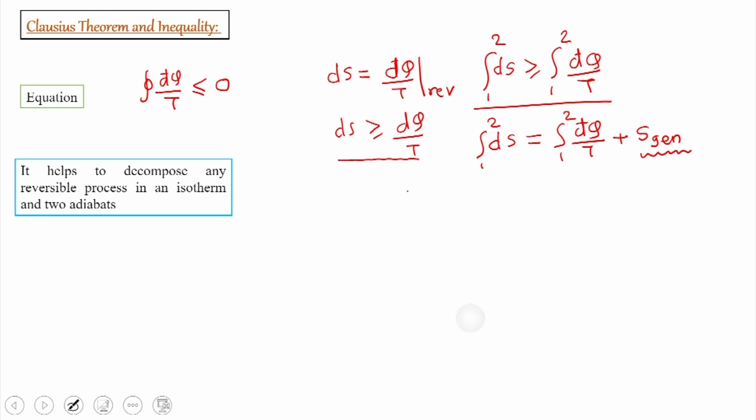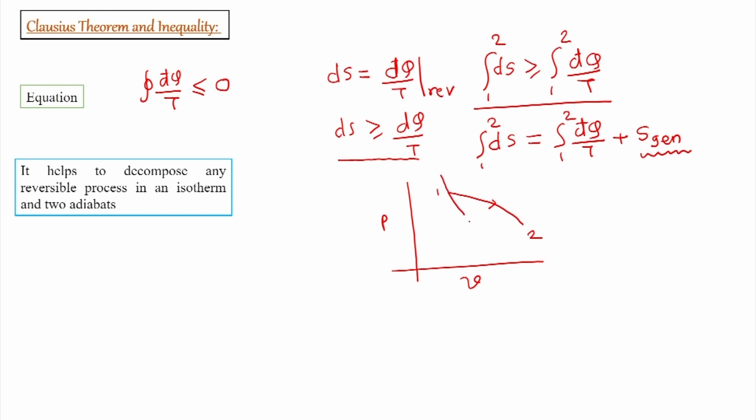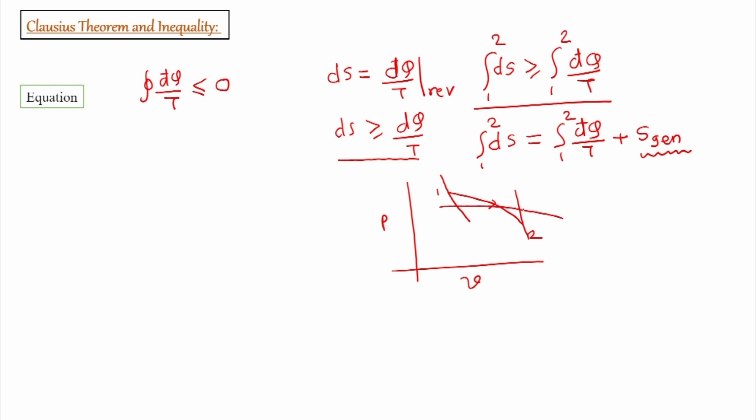So, consider that we have a PV diagram where the system has undergone a process 1 to 2. This process 1 to 2 is any arbitrary reversible process, and this arbitrary reversible process can be decomposed into multiple processes. So, this is 1 to 2, 1 to A to B and B to 2. 1 to A is an adiabatic process,